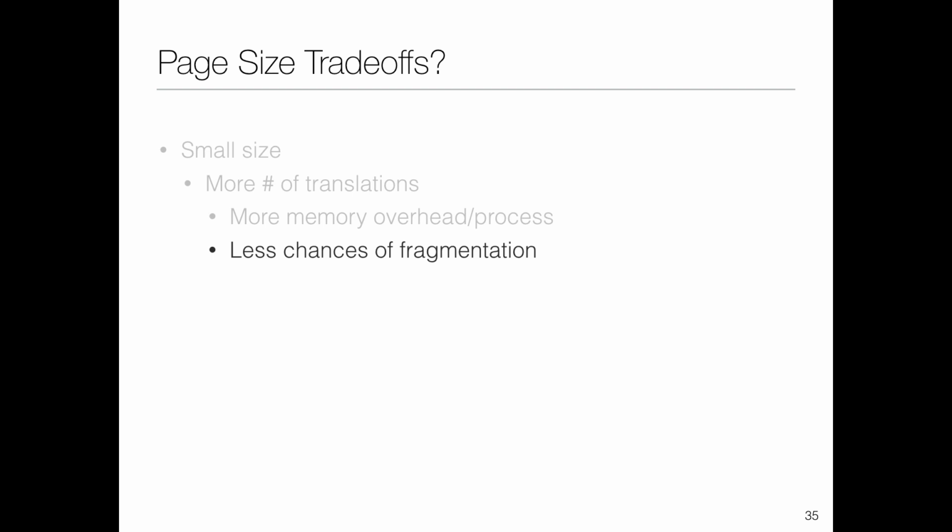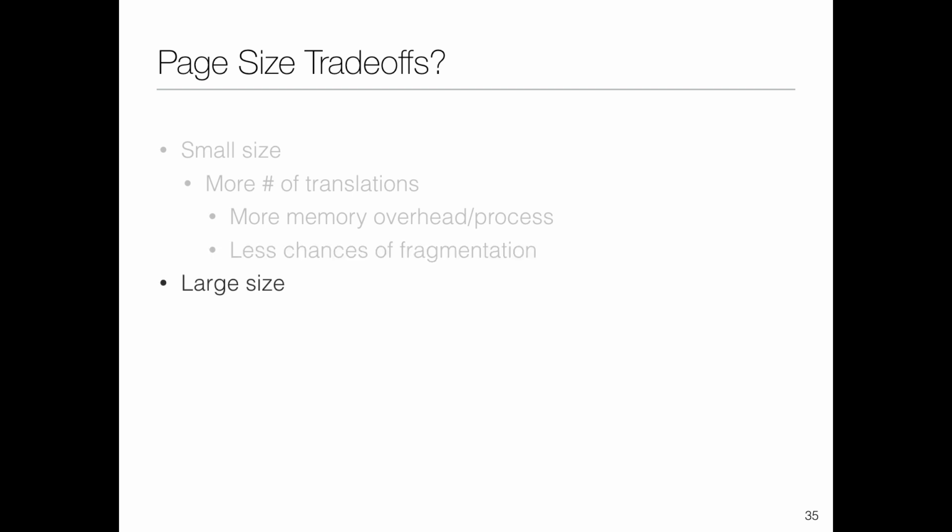You require 9 bytes, and you have a page size of 1 byte. Is any space wasted? No. You require 9 bytes, and you give a page size of 4 bytes. How much space is wasted? 3 bytes. If the page size is 16 bytes, you're wasting 7 bytes. If it's 32 bytes, you're wasting 23 bytes. So that's the idea. If you have a really small page size, you're much less likely to have fragmentation because you've broken it up into smaller pieces, and each chunk can be used to fill up the whole.